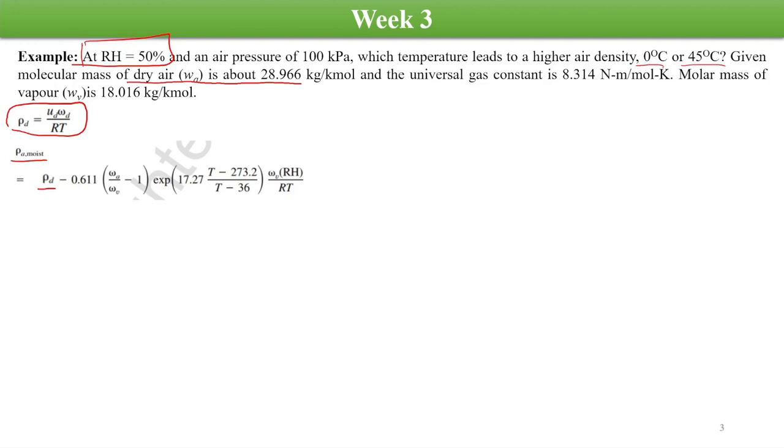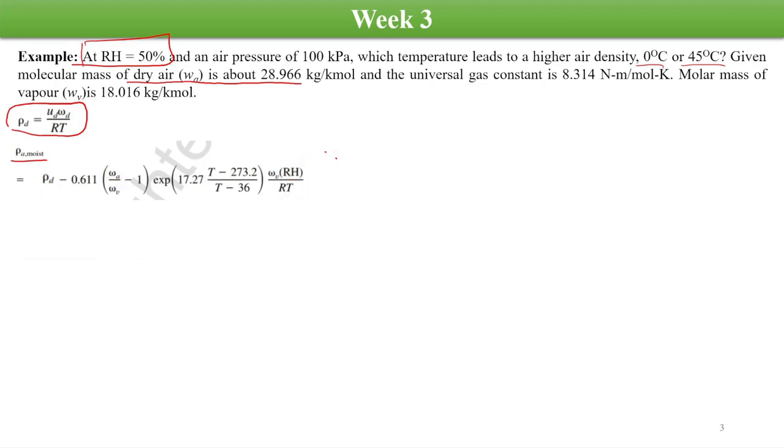Okay, this term includes the molecular weight of dry air, the molecular weight of water vapor, and the temperature in Kelvin. Apart from that, there is the gas constant, and the relative humidity is going to be 50%. The gas constant and the temperature are also there, and the molecular weight of water vapor here also, right? So let's